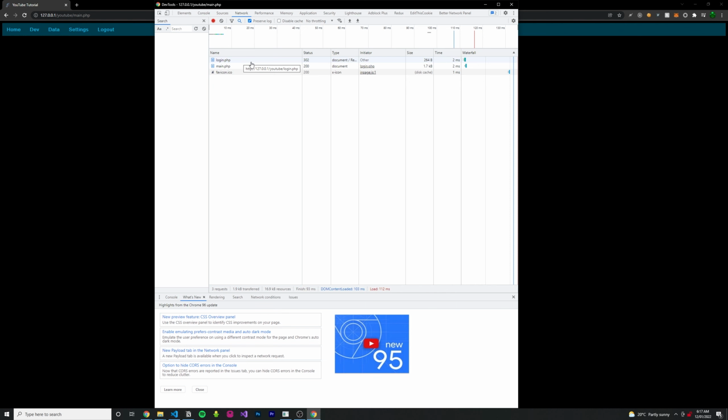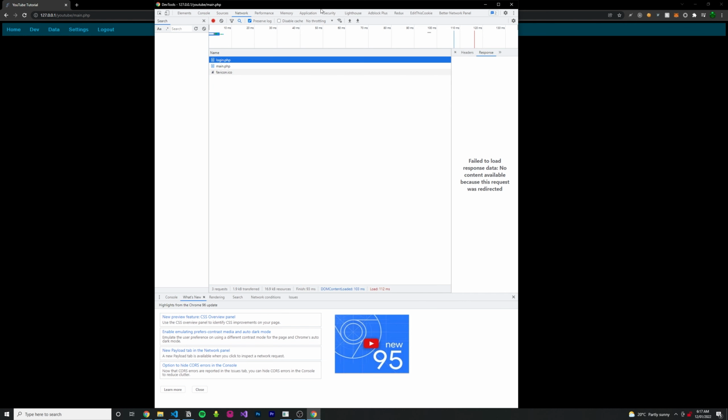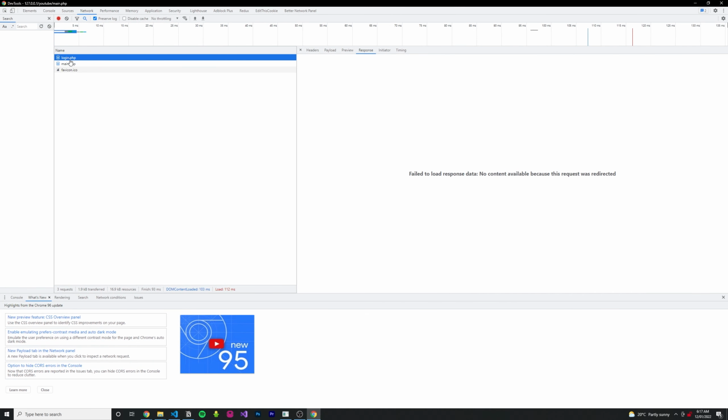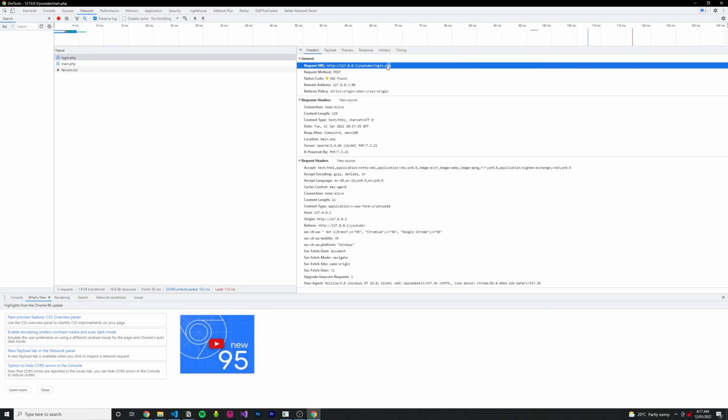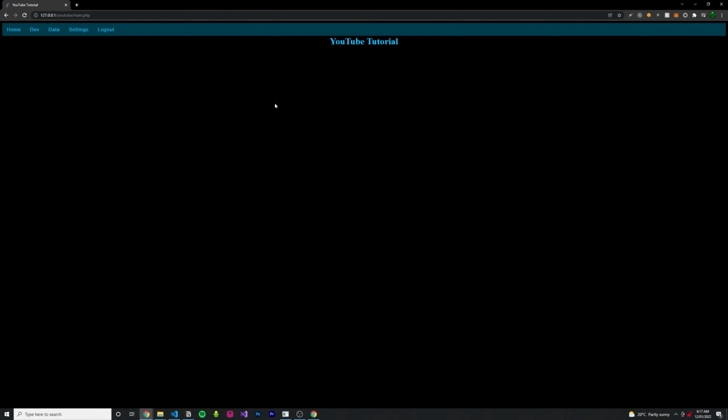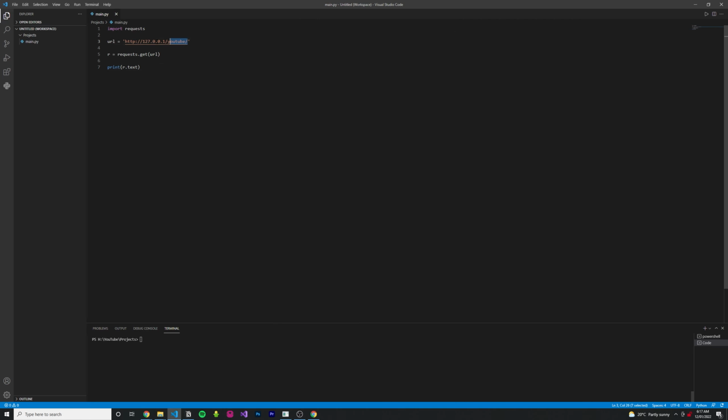It was made to this page called login.php, and that's the exact address here. So if we copy that and paste it into the URL variable,